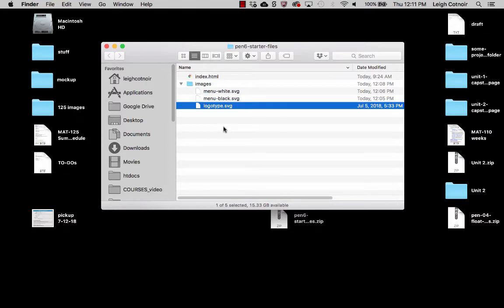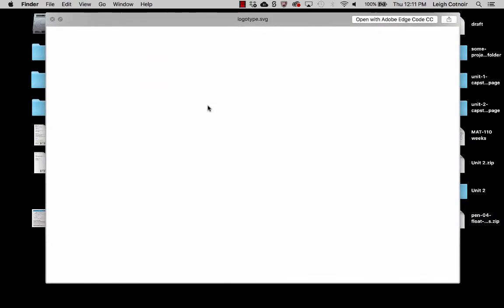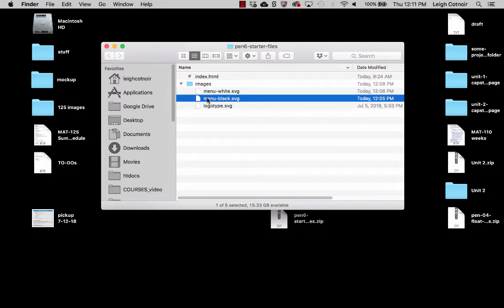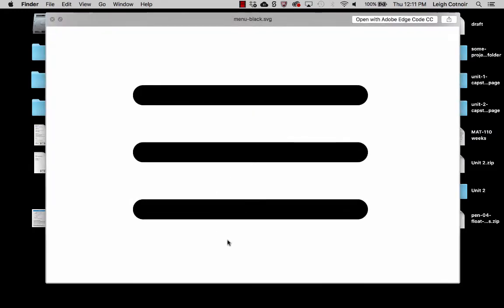One is that same logo type .svg that you used for the last assignment. It doesn't look like anything because it's a white logo type on a white background. And I'll show you an example of what it would look like. And then here's a black menu. It's an SVG. I provided the black menu just in case somebody decided that they wanted to use black instead